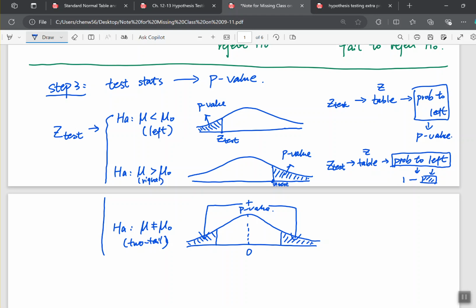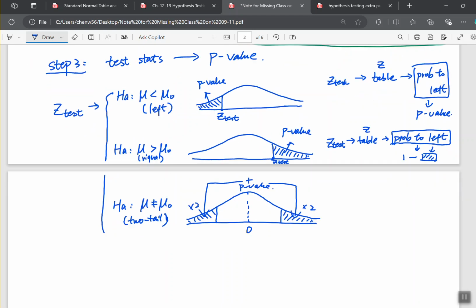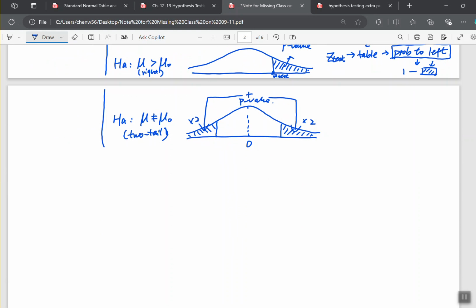So then that means you can just find one tail and double it, or you can find the right tail and double it. Depends on what? Depends on whether you want to find the left tail first or the right tail first. All right. So then we say for this case, we may consider 2 different cases. One case is